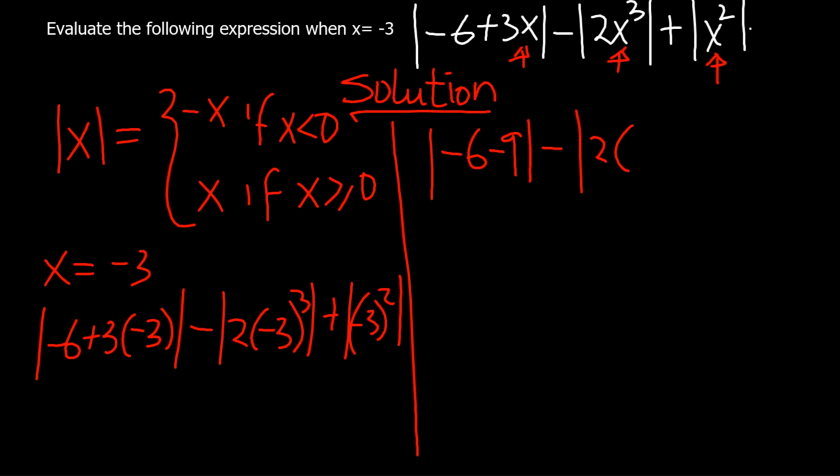Remember, a negative raised to an even number is positive, but a negative number raised to an odd number always gives a negative result. So the answer here will be the absolute value of -27, plus the absolute value of (-3)